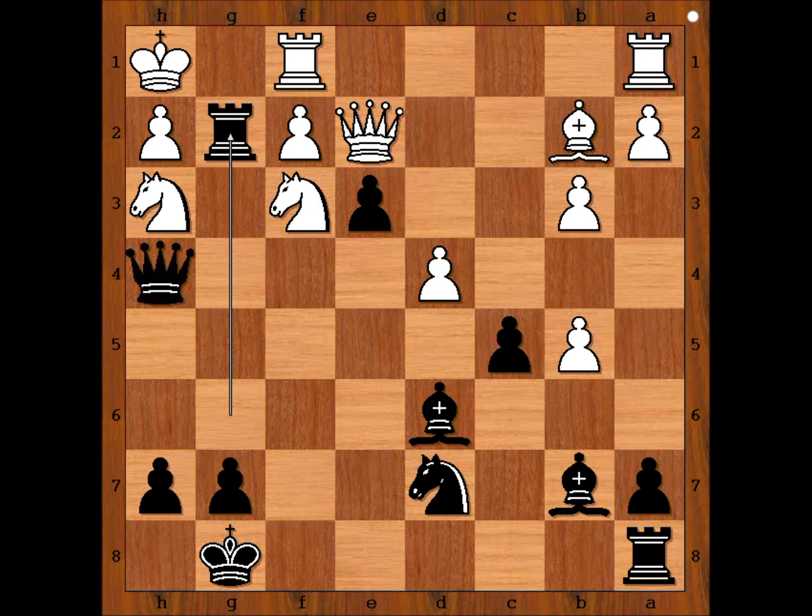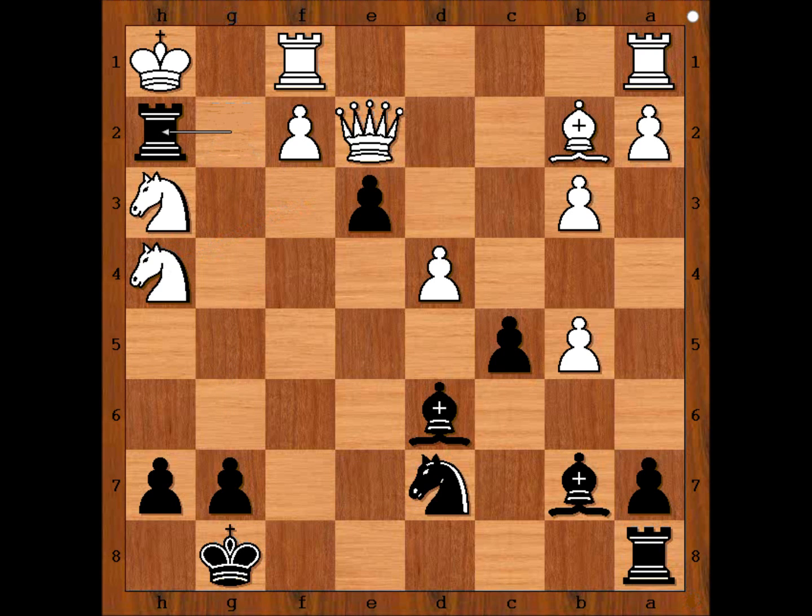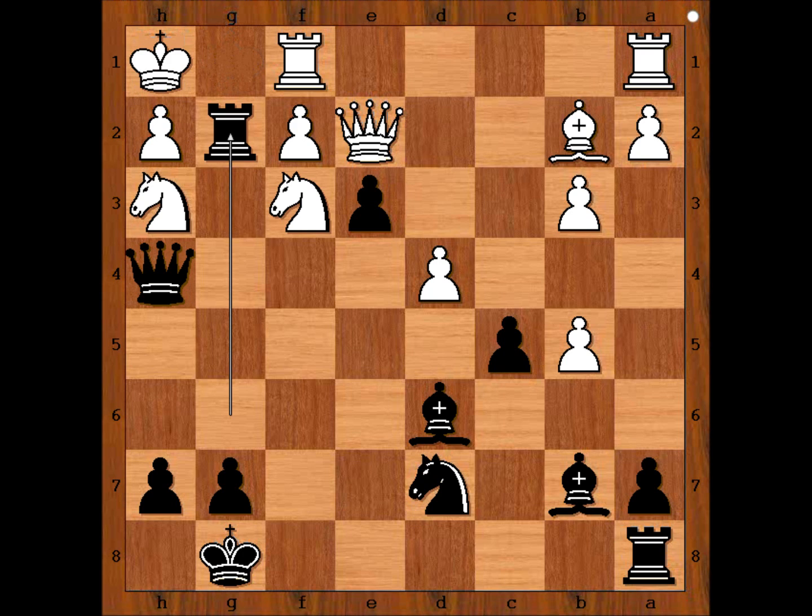Let's look at the knight takes queen. If knight takes on h4, then rook takes on h2. This is a double check. After king to g1, rook to h1, checkmate. What else? If king takes on g2,